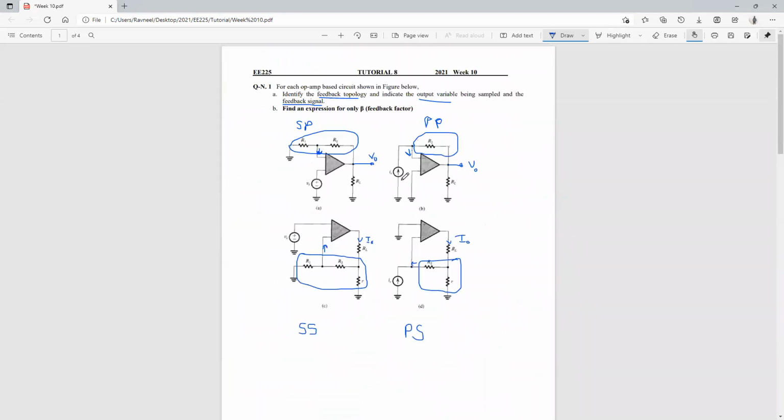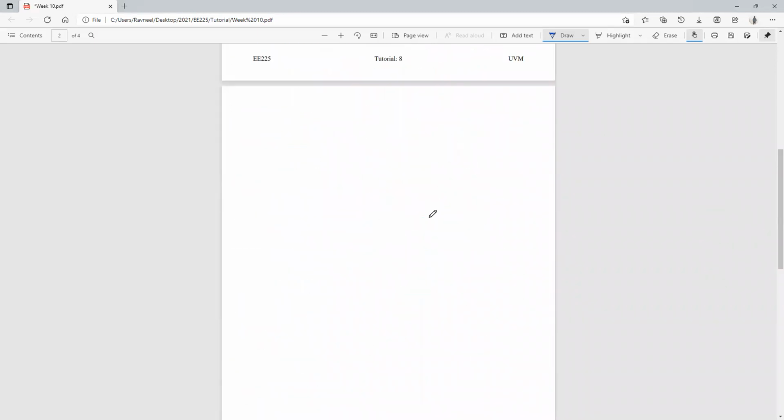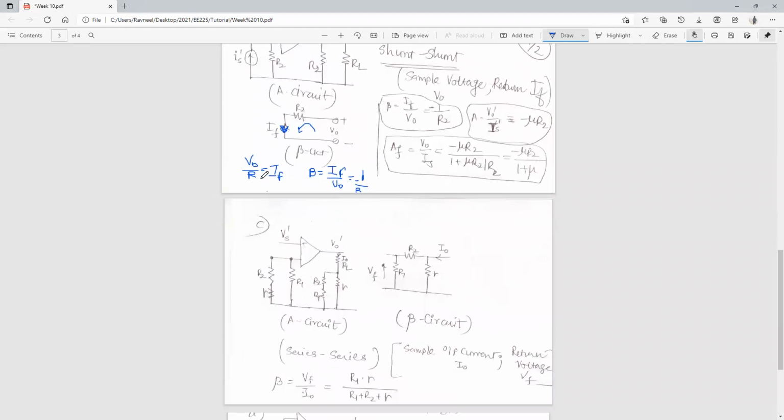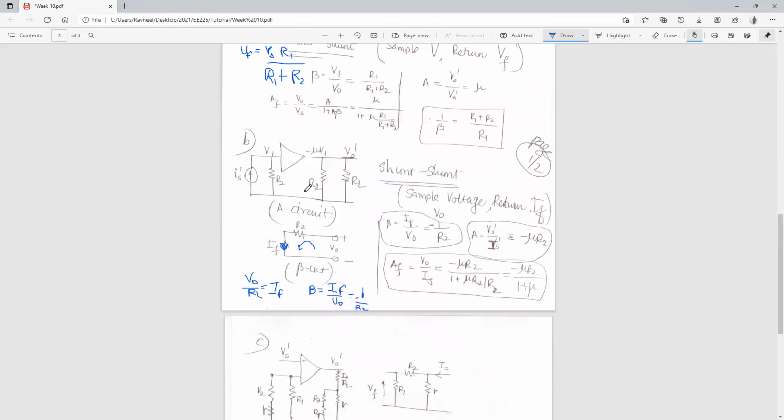So it's not R, actually it's labeled as R2. So ignore that, this is basically R2. So your beta becomes IF upon V naught, which is equal to negative 1 upon R2. And then the gain for your open loop circuit in this particular case, your alpha value, is basically equivalent to